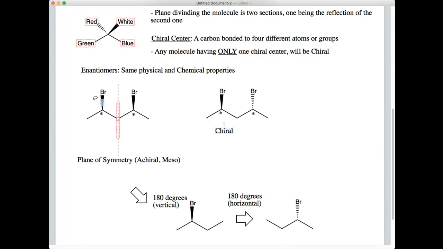Now, another question that I have is, I'm gonna call this molecule A and B. Are A and B enantiomers? They are not enantiomers because they are not the mirror image of one another, right? So obviously, if you compare these 2, they are not the mirror image of one another, okay? So let's see how can we classify them. So A and B,